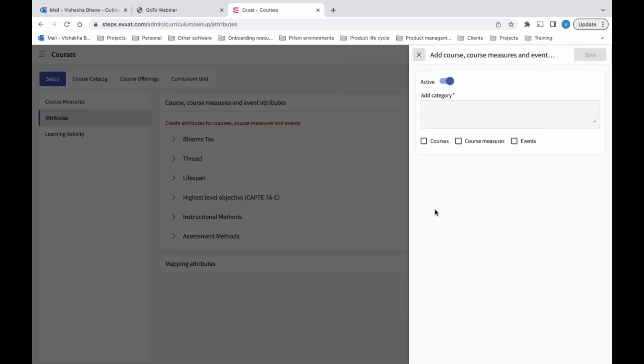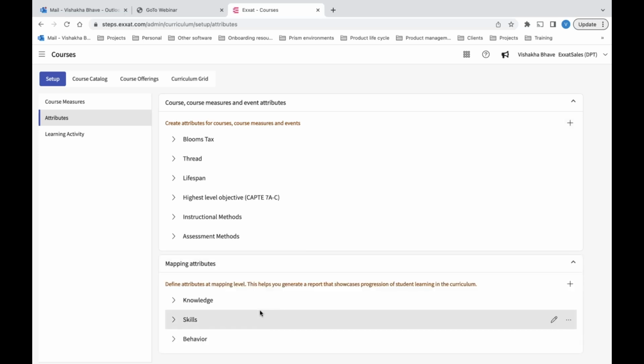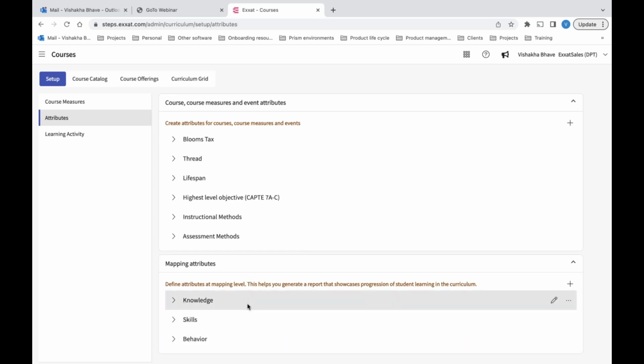When you click on a new attribute category, it'll ask you whether you want to activate it or not. It'll ask you whether you want to collect this attribute at a course level, at a course measure level, or at an event level. With each of these selections, you're being more granular. So the choice is yours. Once you make those selections, you can also decide if you want to collect attributes at a very granular level. This we also call our multi-level report, where you can say that for every mapping, I want to be able to collect whether the objective that is being taught or the content that is being taught in a course,